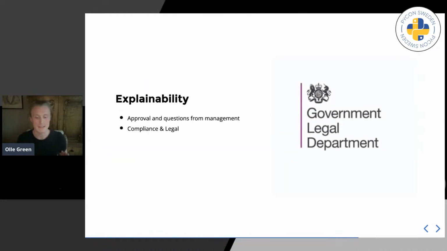Explainability. One of these things that is very easy to forget, at least it has been for me, is when you have, for example, an LSTM model or some sort of more complex machine learning model, sometimes you might not be able to explain what your model is doing and why it's doing it. And this could, of course, be very problematic if you have some sort of compliance and legal obligations to disclose from your company or to the government, et cetera. So if you can choose a simpler model, as we talked about, a naive model that is performing better than your deep learning model, start with that and then train the model on the side while you have the more explainable model in production.